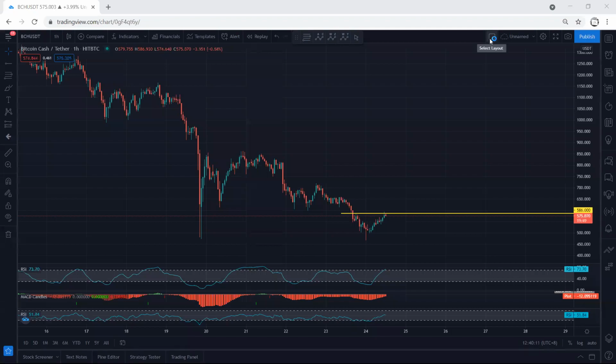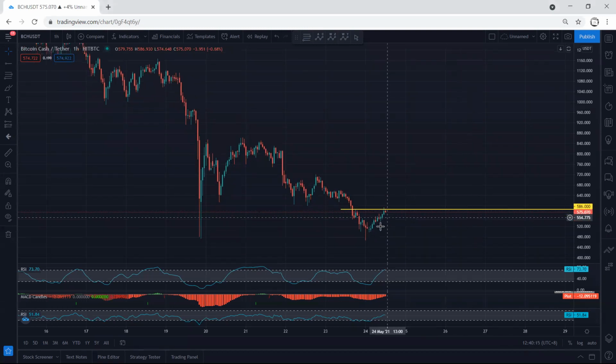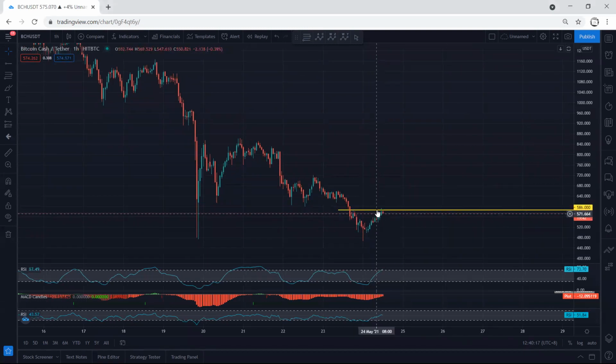BCH, we start with the 1 hour chart. If we refer to our analysis, we have been looking for the reversal. As we can see, the price reversed, but the way it was reversing is really corrective. We mentioned if we want to have entry above this, which is 586, we want the price to reverse as a